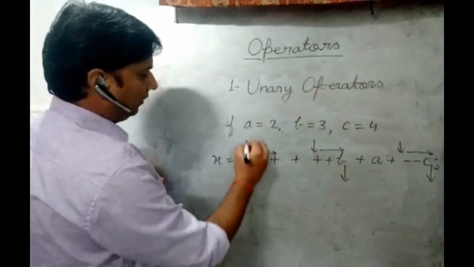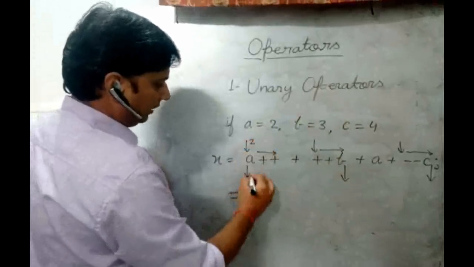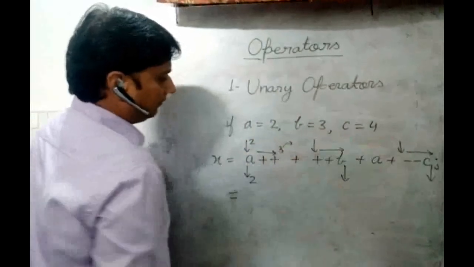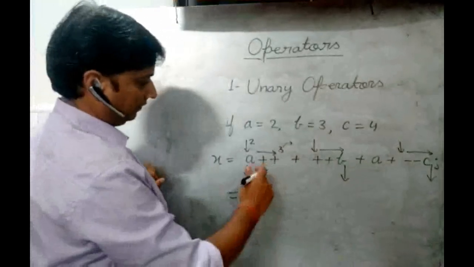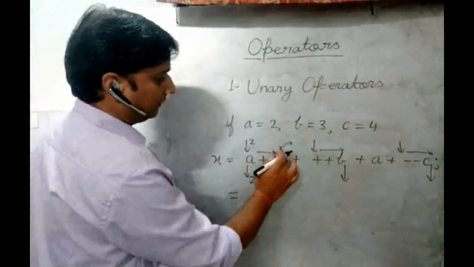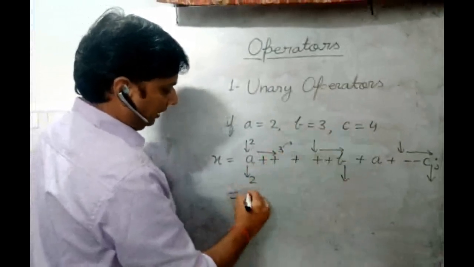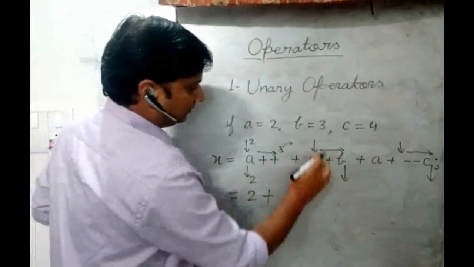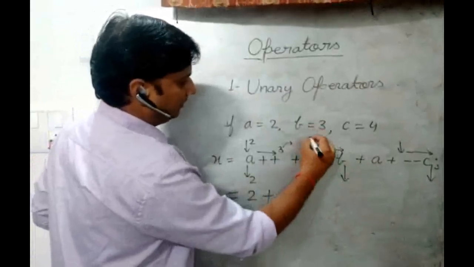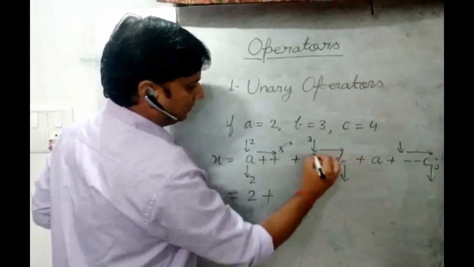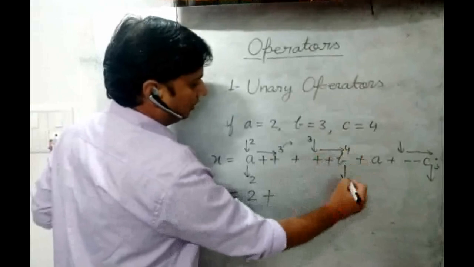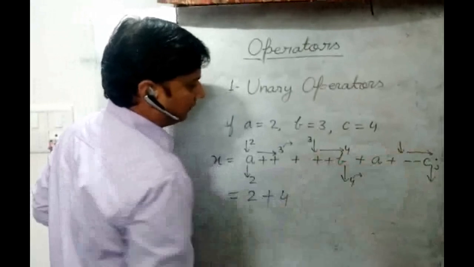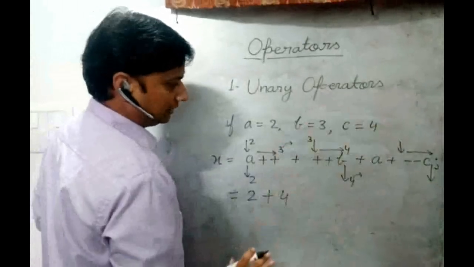Here, first of all we have to use the value of A, which is 2, and the same value will be the result, and then it will be increased to 3. This increased value we will use further in the expression. If the value of A is present again in the expression, then we have to use this updated value. But the result will be 2, so we write a 2 here. Then we use this plus, and this plus B means we have to use the value of B here, and it will be increased first, so it will be 4. Now the 4 will be the result, so here we write 4, and this 4 we also have to use further in the expression if B is present again.